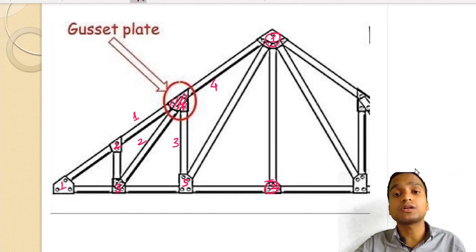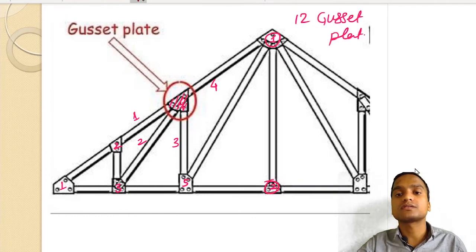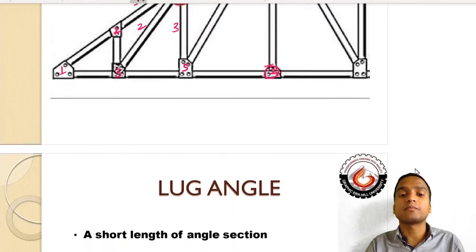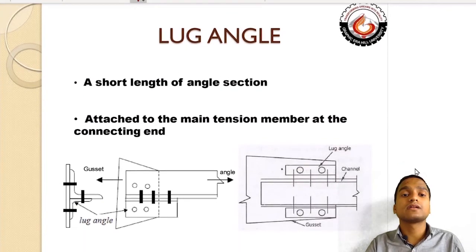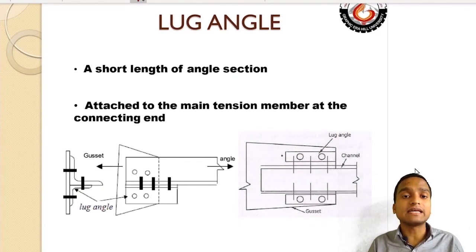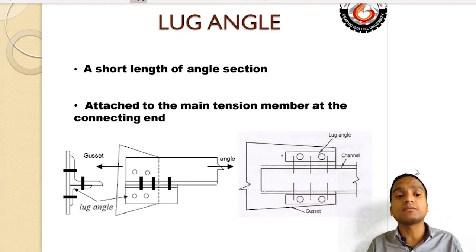So there are a total of 12 gusset plates being used in this case of truss. So the next type of member is the lug angle. Now, a lug angle is a short length of angle section and it is normally attached to the main tension members